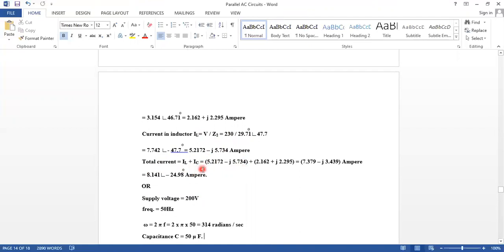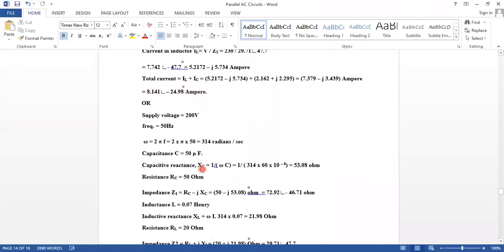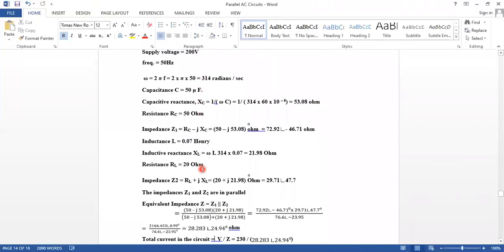First you find out what is the branch current, then add. Okay, so the next method is, you have to find what is the total impedance, right? Now Z1, Z2 you have found out from the previous method. Okay, now you take Z1 in parallel with Z2. See this branch impedance in parallel with this branch.